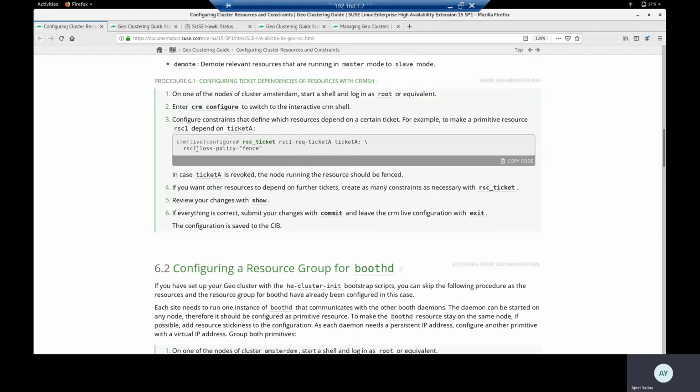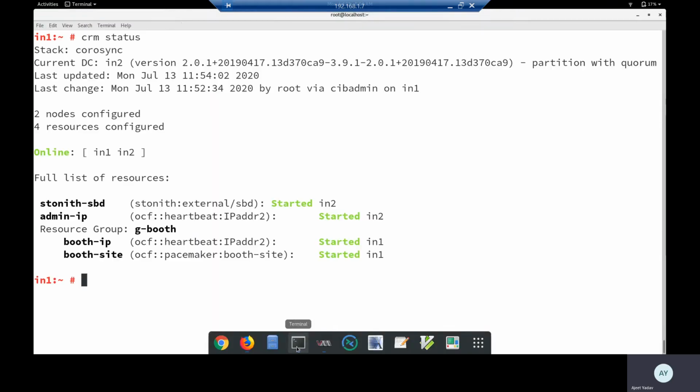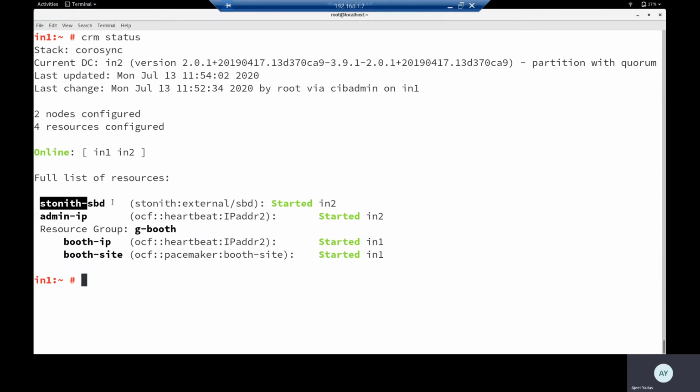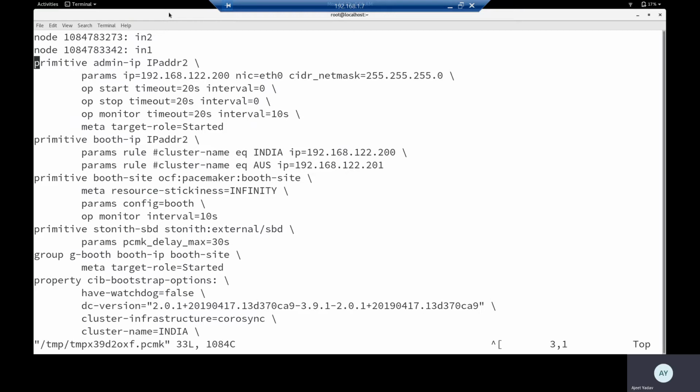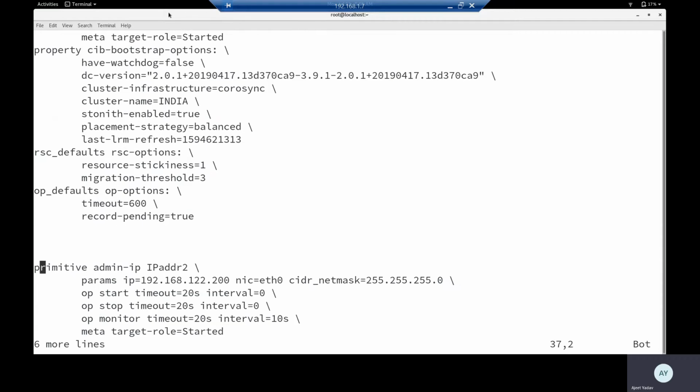You basically need a cluster resource first, which you want to check over the geolocation. In my case, I have resources, but these are cluster specific. I don't want this resource to be moved to the second site because it is specifically created for site one only. So I need to create at least one resource to check for failover across the sites. So let's create one resource which will be used across the sites.